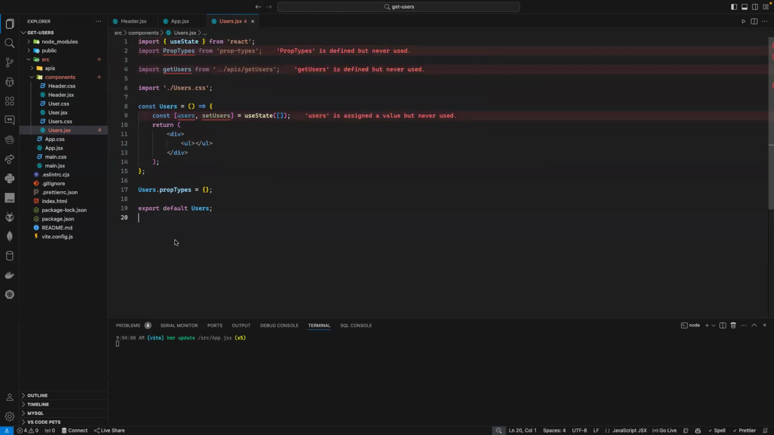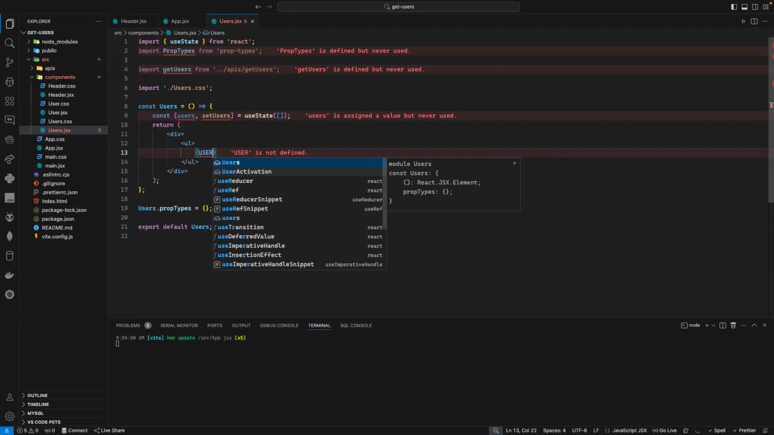And voila, that should be okay for now. Not bad. Okay, fine. Now here, what I want to do is render my users. So how can I render my users? Well, it's quite simple. Users here will be an array, right? So what I can do is say users